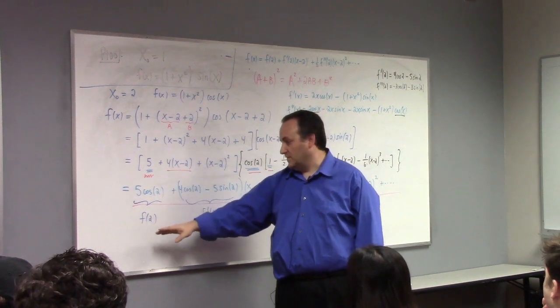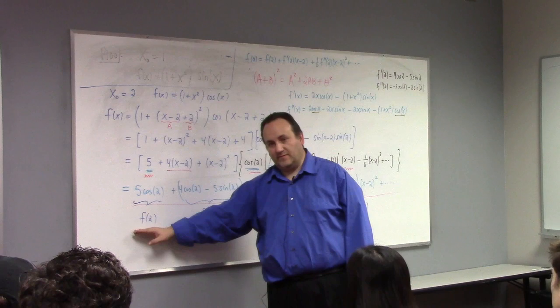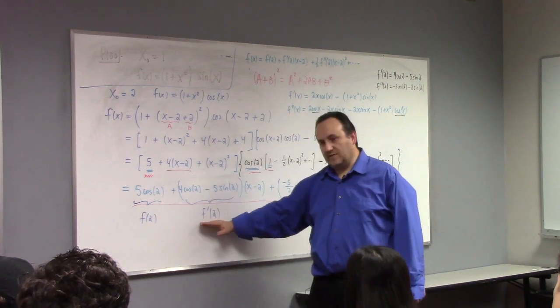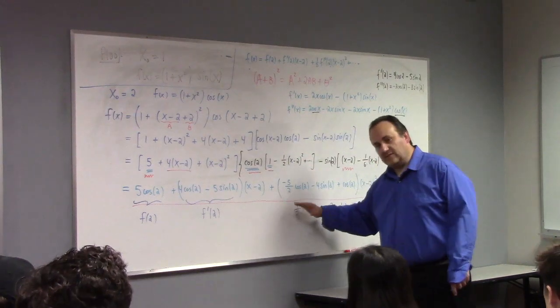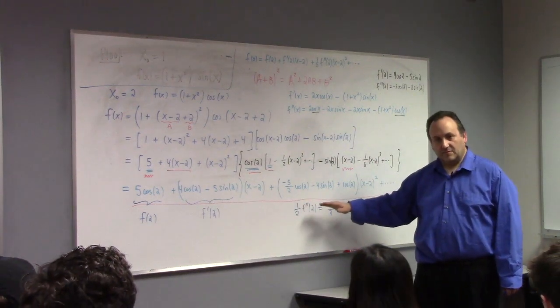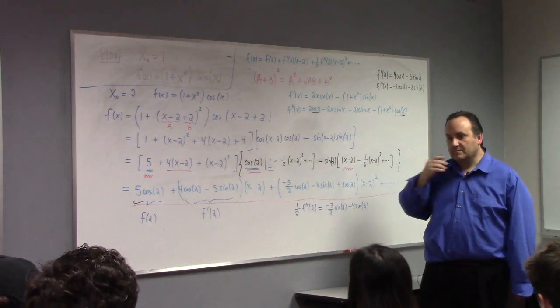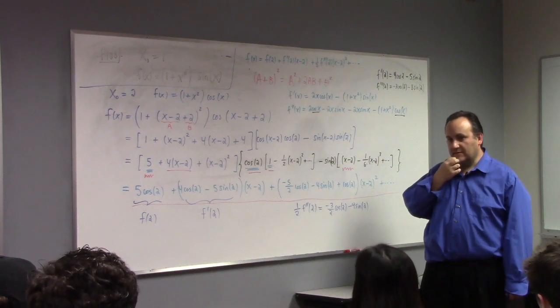It's non-negotiable. The 0th component is f of the center. The coefficient of x minus 2 has to be the derivative. The coefficient of x minus 2 squared has to be the second derivative divided by 2. Like, this is Taylor's theorem. Yes, sir. Yeah. That's how I knew that.